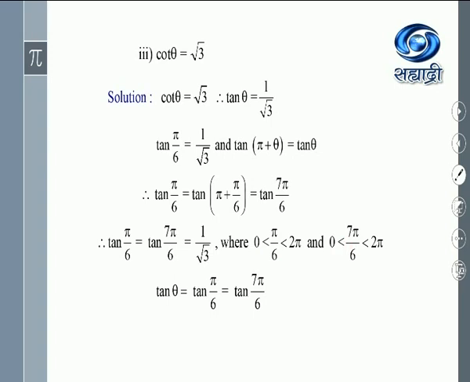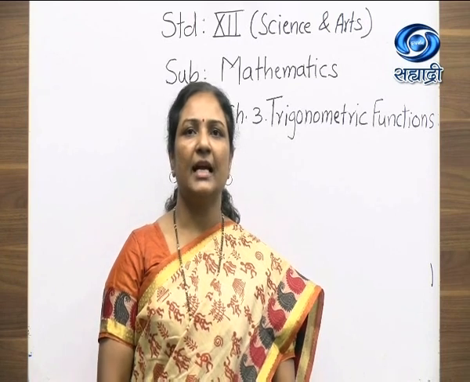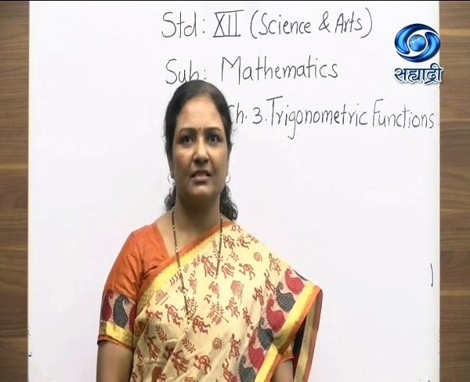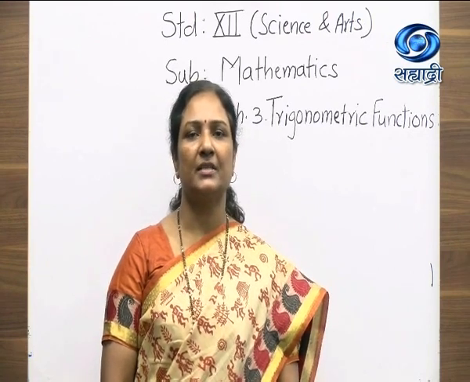Okay. Thus tan theta is equal to tan pi by 6 is equal to tan 7 pi by 6, and therefore we conclude theta equal to pi by 6 and theta equal to 7 pi by 6 are the required principal solutions. I think the method is clear. It is very easy. You will have to remember only the rules of allied angles and the conditions. Okay. I hope you have understood the concept of principal solutions and method of finding the principal solutions. I suggest to memorize all these previous knowledge and the new concept. Thank you.